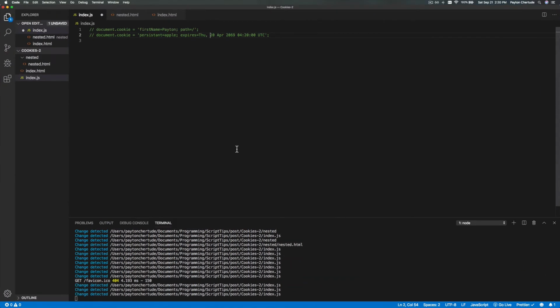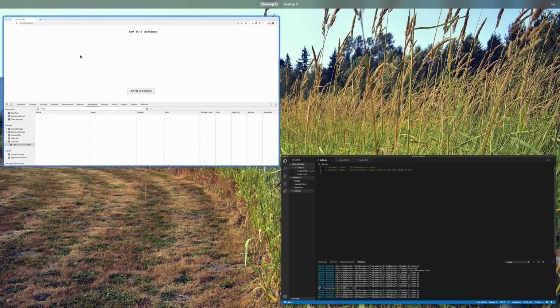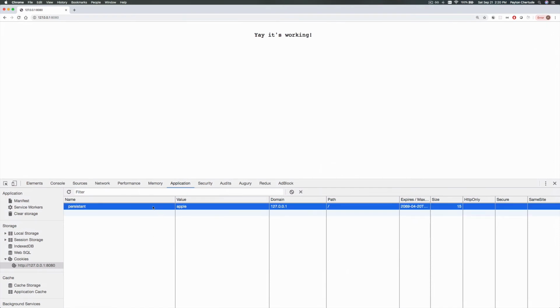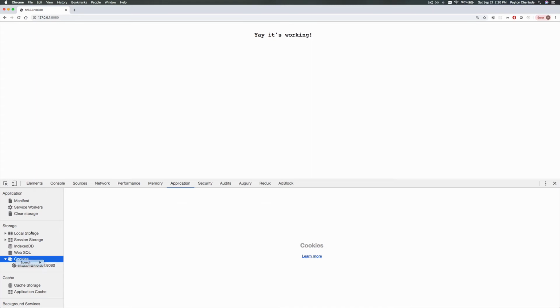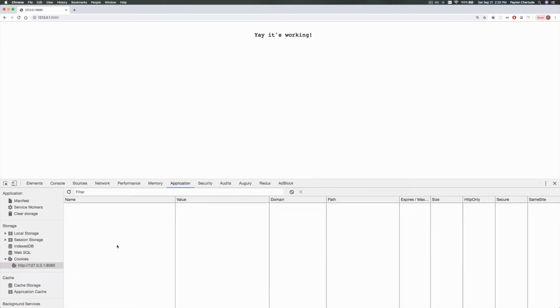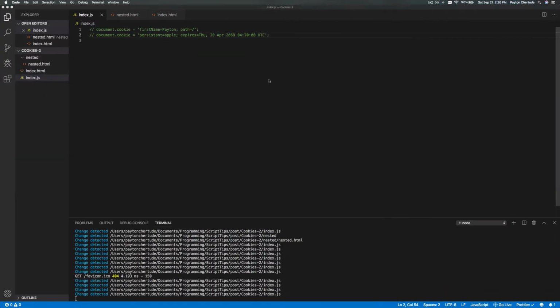A problem with persistent cookies is that they can be kind of weird to delete. So if we comment this out like it is, and then we go back to our application, we can see that no matter what, it's not going to delete. I mean, we could clear it here. The user could come in here and clear their cookies, and it would be gone. But that doesn't really help because people don't